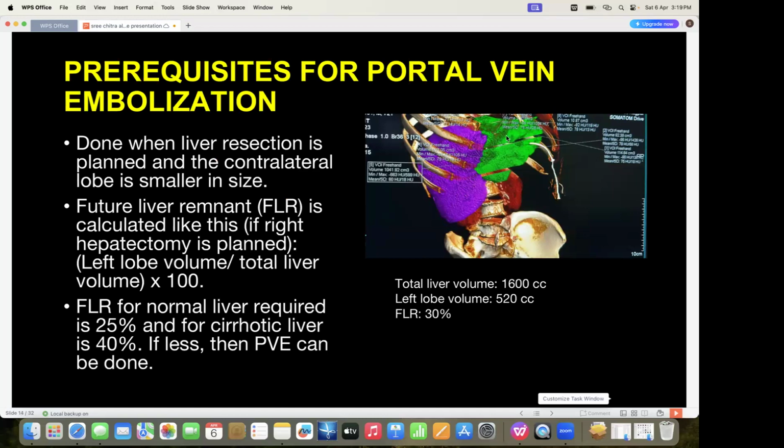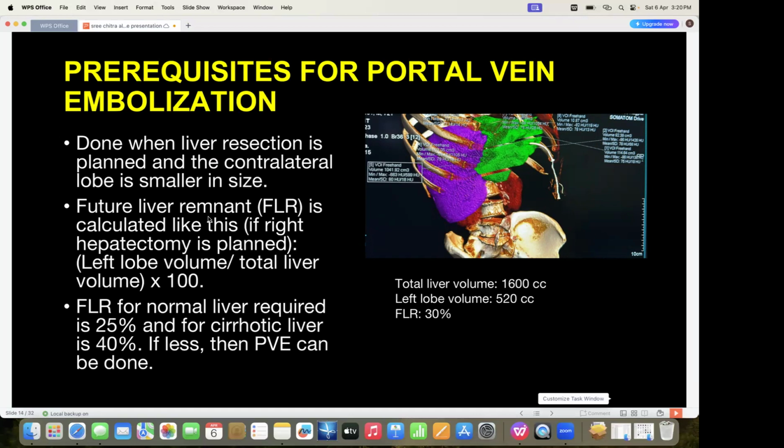So the prerequisite for portal vein embolization is that it is done when liver resection is planned and the contralateral lobe is smaller in size. Usually we calculate the future liver remnant. When the right lobe is planned to be resected, the left lobe will be the future liver remnant. So the future liver remnant should be